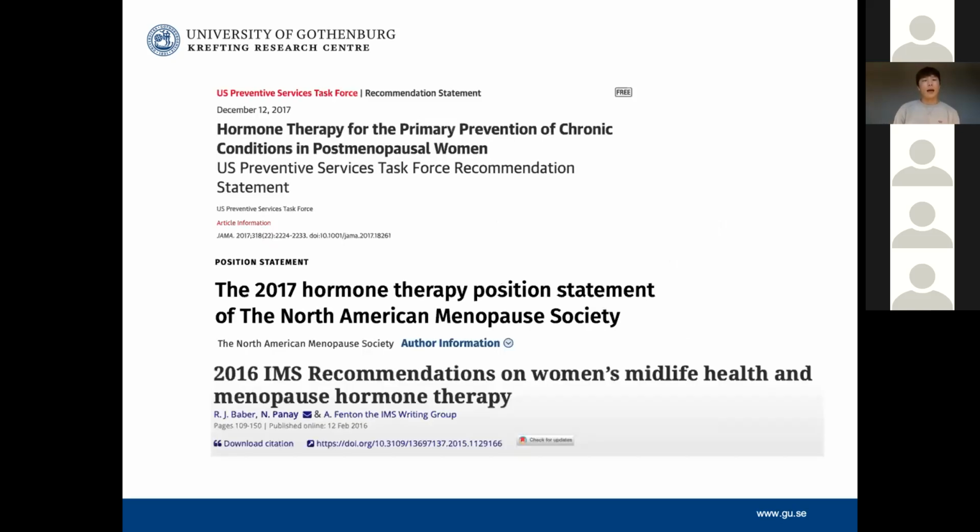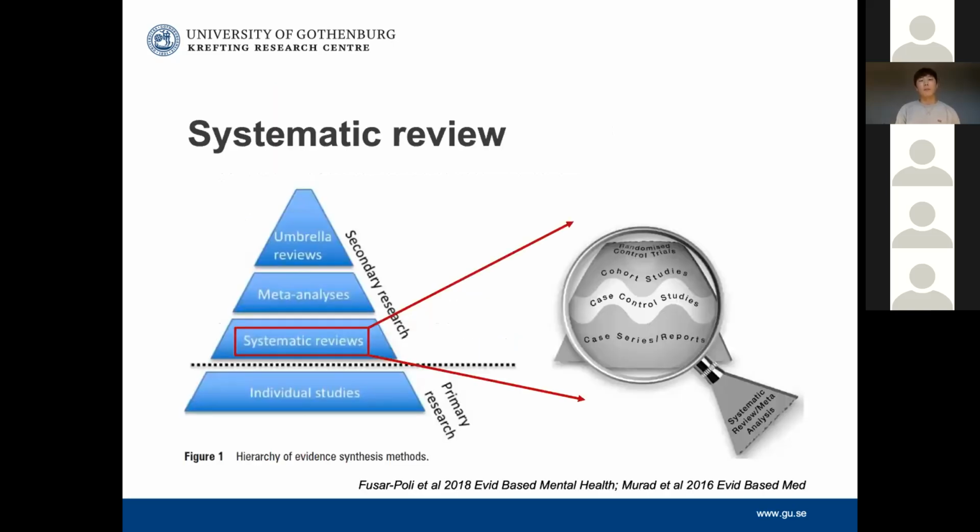So, recently there are several guidelines published by several leading menopause societies. And we found that in those guidelines, there's some inconsistency in some critical outcomes. Another issue we are a bit concerned about is that those guidelines mainly incorporate systematic reviews as the key evidence to support their